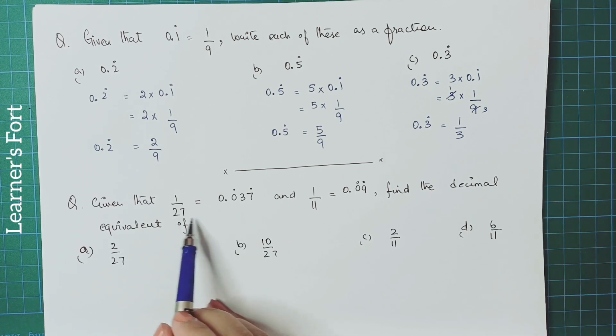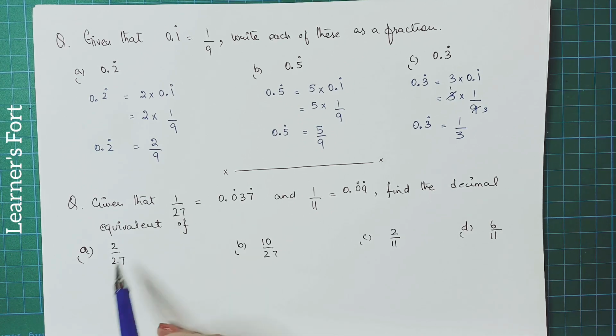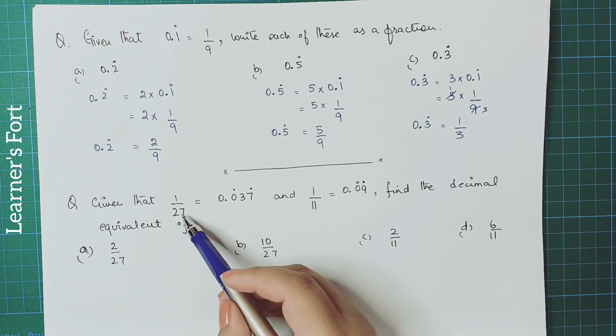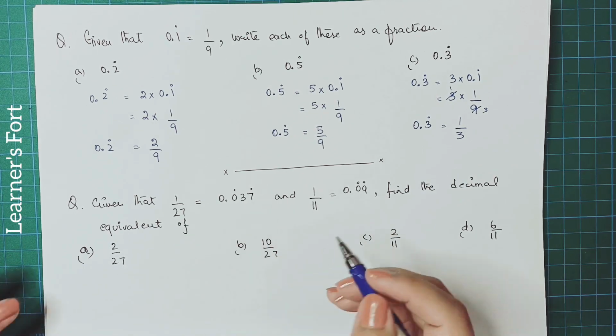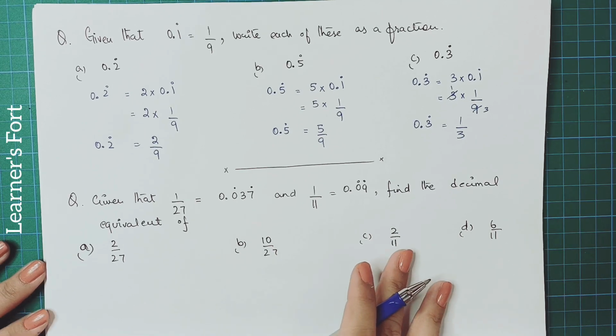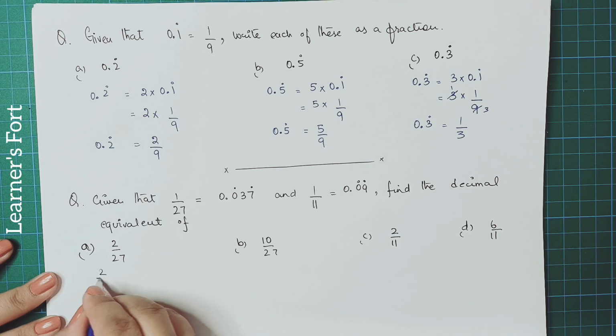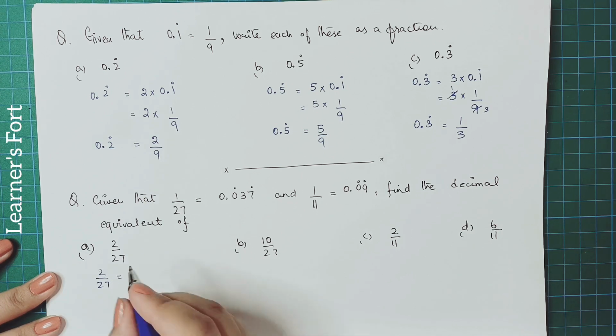We have to first look at the denominator, because the denominator here should be the same for this. Okay, so we have the denominator 27, we have to look for the 27 denominator. So how are we going to write it? In this case, we are going to express 2 upon 27 as equal to,